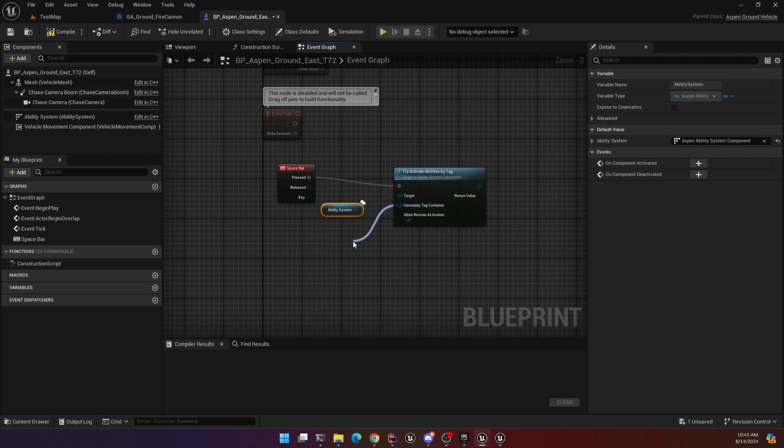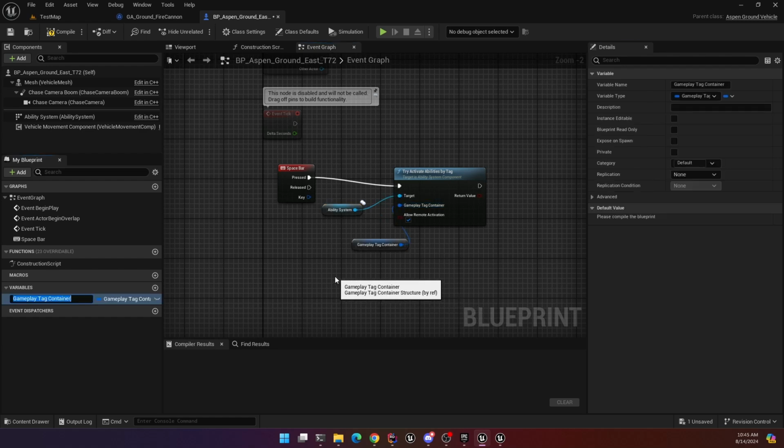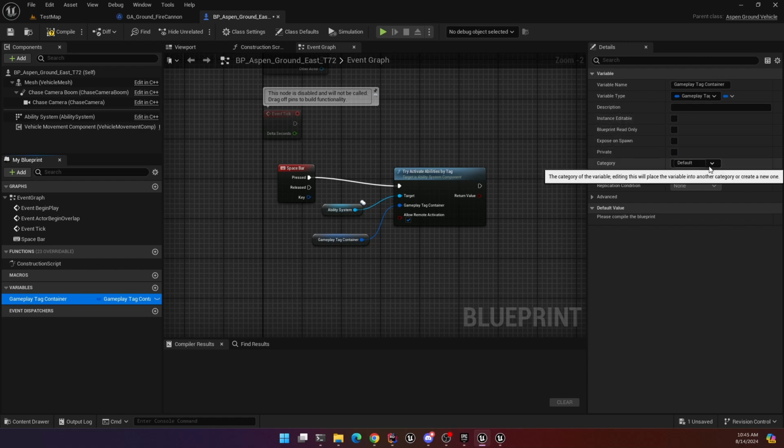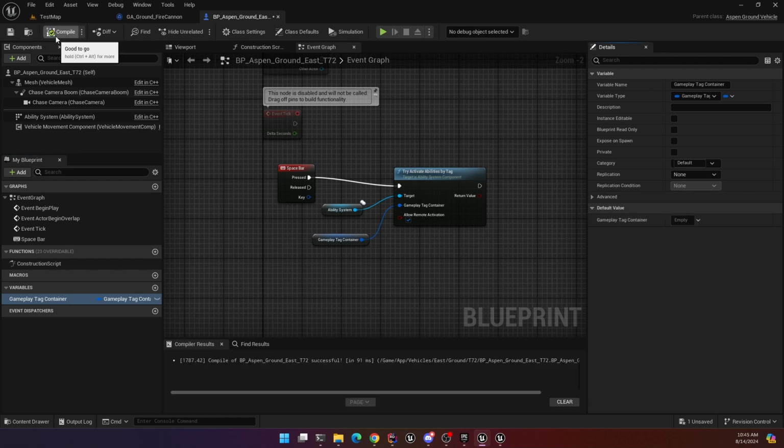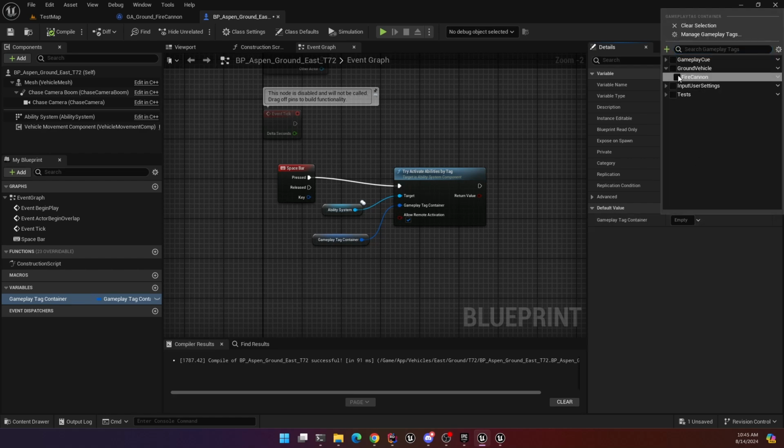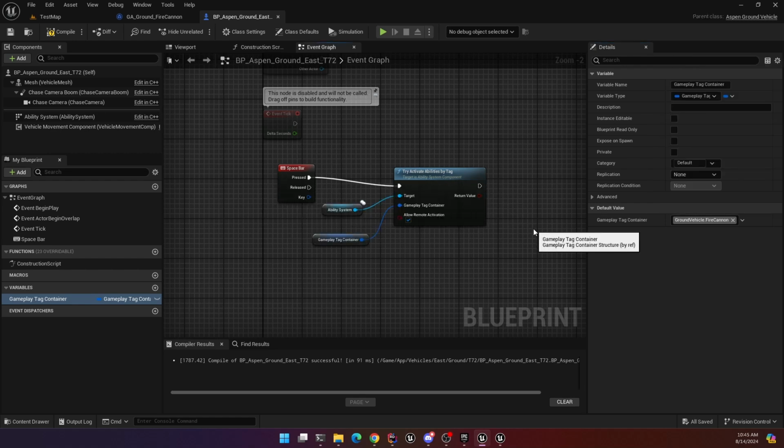So under here, promote to variable, and let's see here. There we go, fire cannon. So theoretically, now that that's all done,